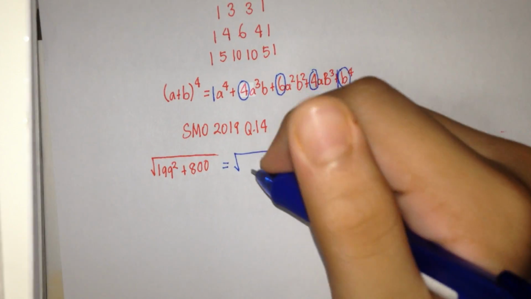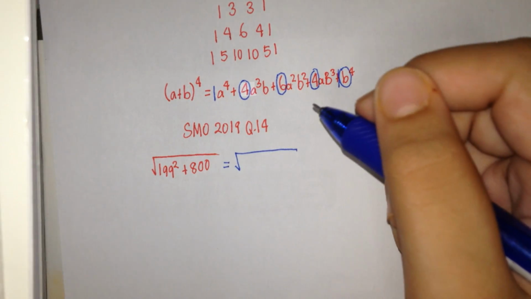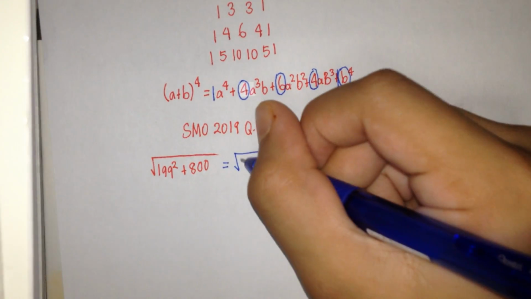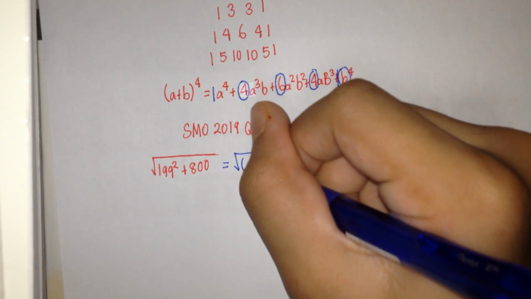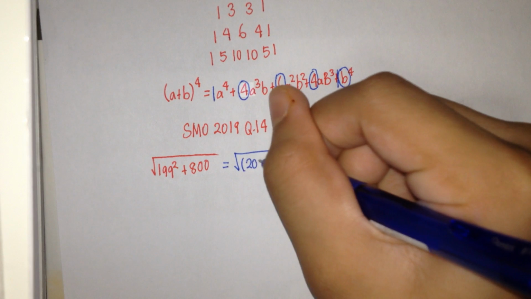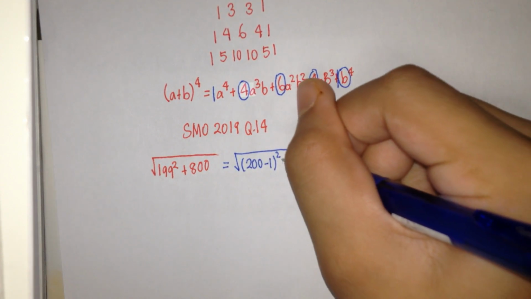I don't want to use the number 199 because there can be a lot of ways to expand this. But I will use a common number between this and 199 and 800. That will be 200 minus 1 square plus